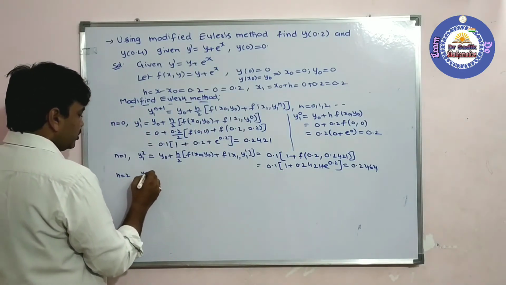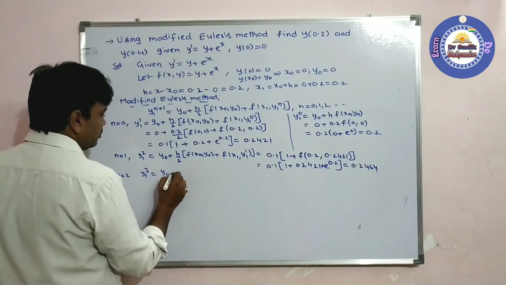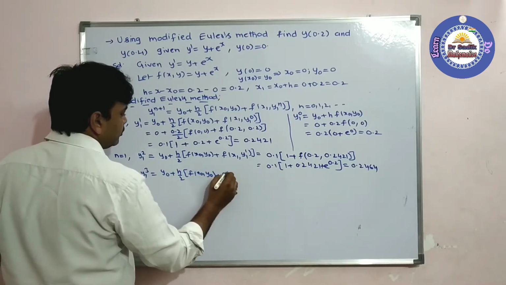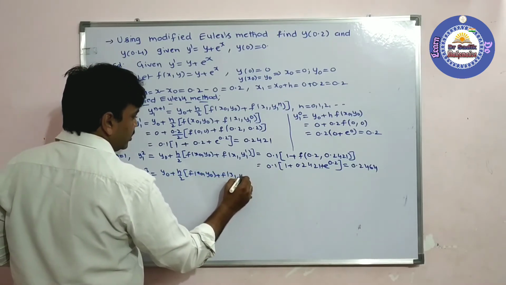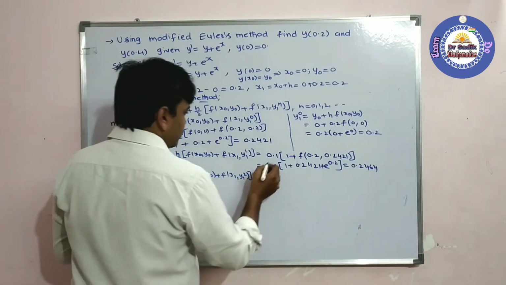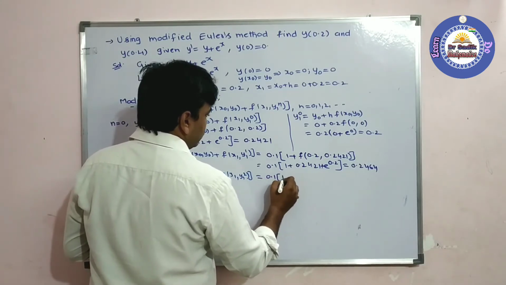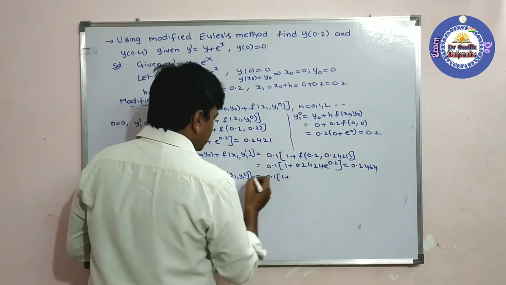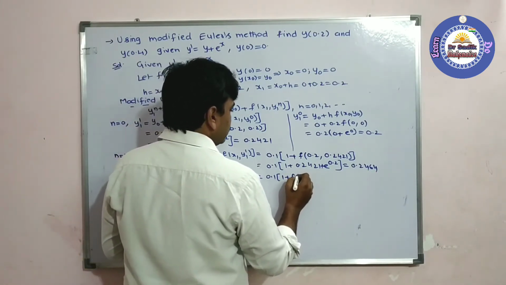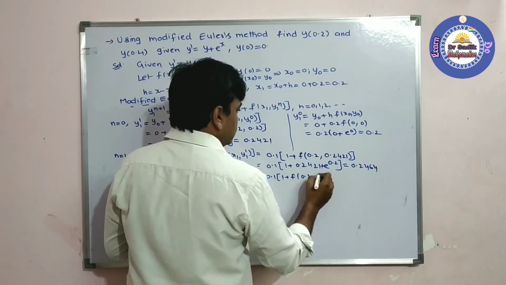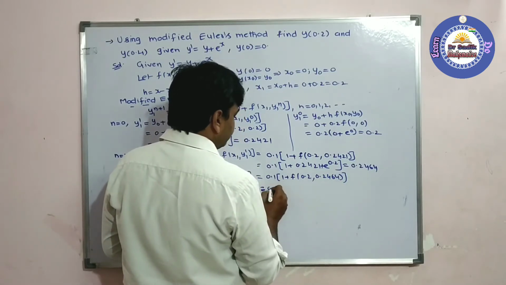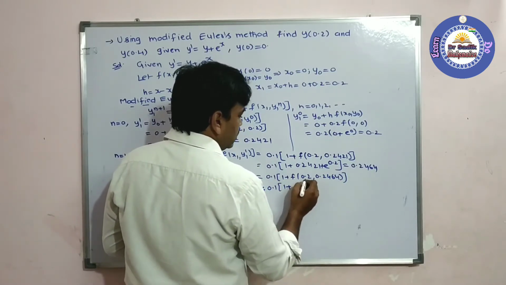Now this time, students, y1 power 3, that is equal to y naught plus h by 2 f of x naught y naught plus f of, come on tell me, students, x1 y1 power 2. Here already find y1 power 2, students. So this value is again 0.1 1 plus, this time, students, what is y here? Y is 0.2464, students, right? I want to write once again. So f of 0.2 comma 0.2464 bracket close, that is equal to 0.1 into 1 plus y, students